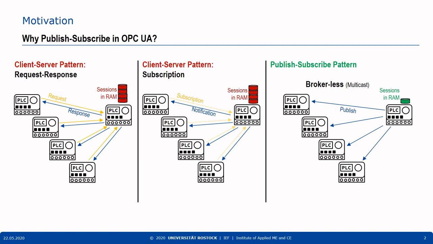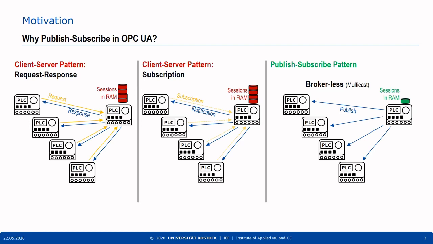So what are the pitfalls of these available solutions and why do we need to go for the publish-subscribe pattern? As you can see on the left-hand side, we have here the normal request-response pattern depicted, and if a PLC, for example, wants to request information from another PLC, it requests information and gets a response back with this information. As you can see in the scenario, here we have maybe one important PLC which offers information where other devices are interested in it. So many other PLCs request the same or maybe also different information from the PLC and